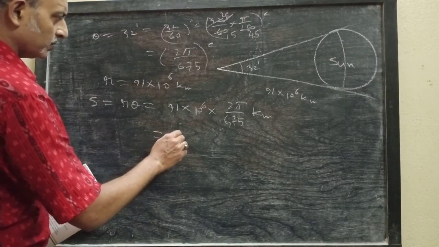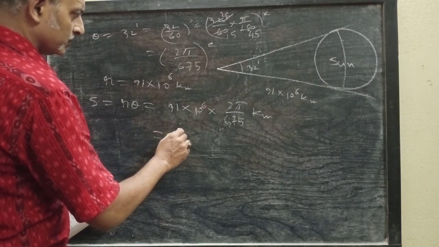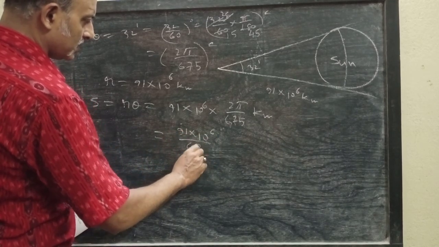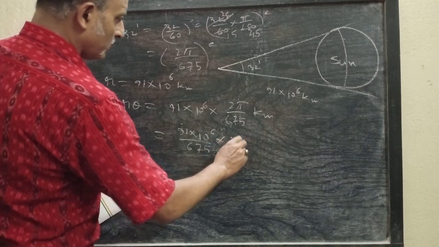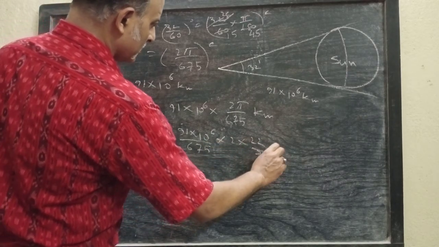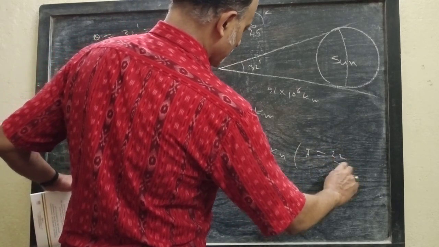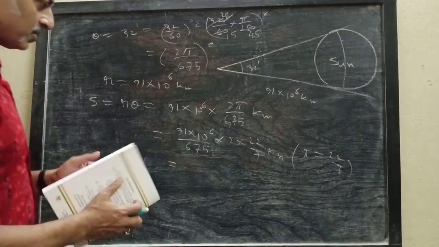Now put 91 into 10 to the power 6, 675 into 2 into 22 by 7 kilometer, taking pi equals 22 by 7, and this leads to the answer